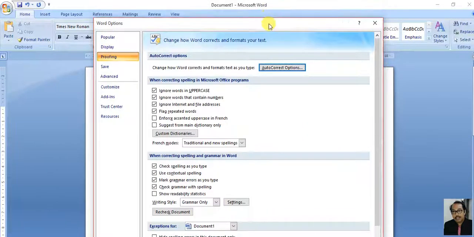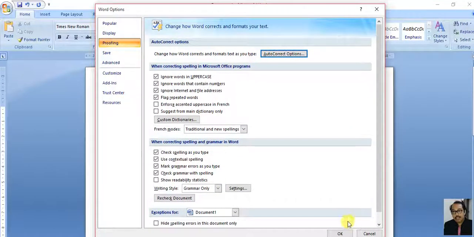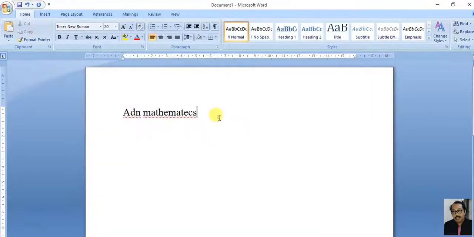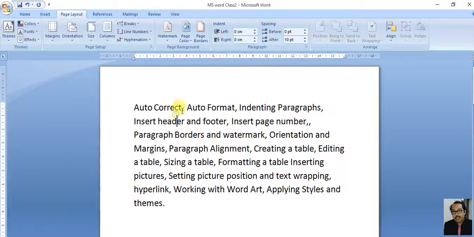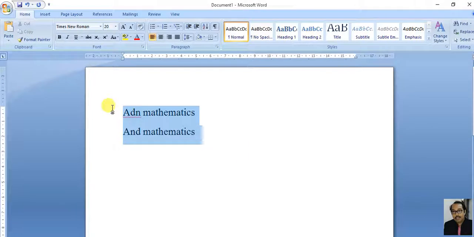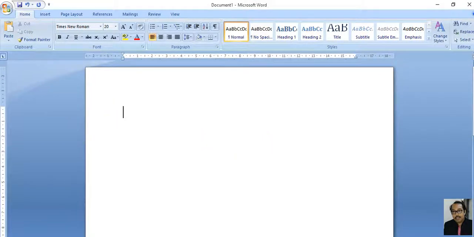Now I need to close this, and again I am going to write ADN and give spacebar. See what happens. It changes to AND. So again this is a wrong spelling. Just give a spacebar. You find that it is corrected with the correct spelling. So this is the concept of autocorrect. Clear? Good.